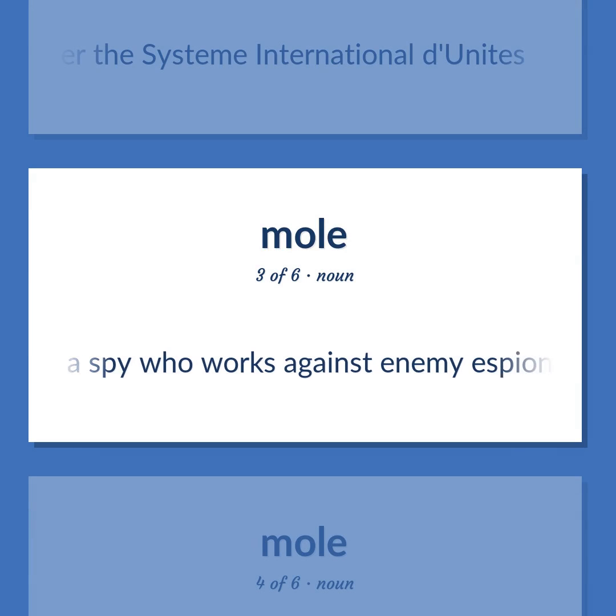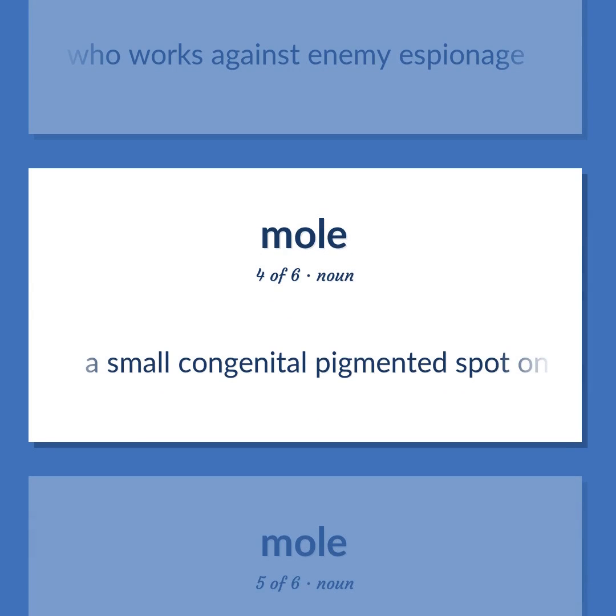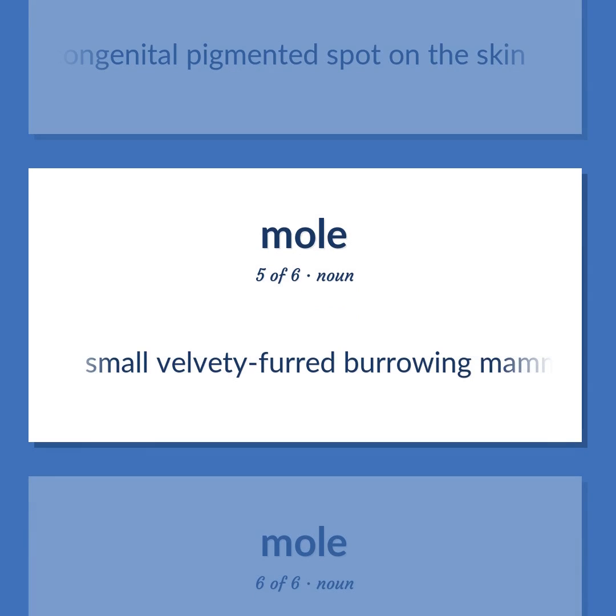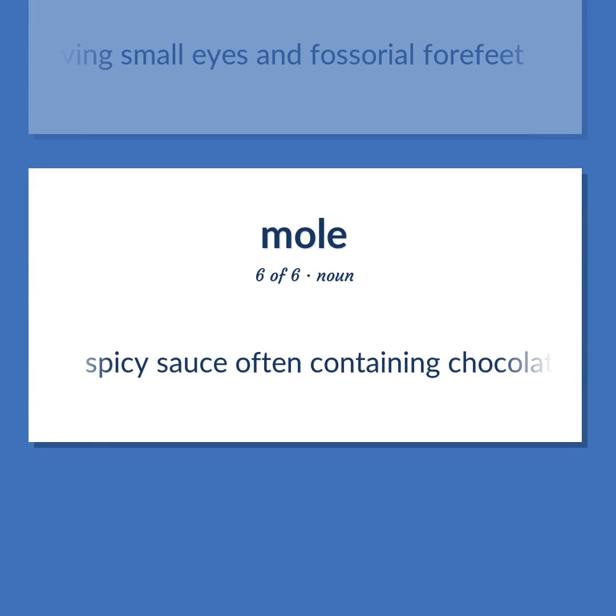A spy who works against enemy espionage. A small congenital pigmented spot on the skin. Small velvety furred burrowing mammal having small eyes and fossorial forefeet. Spicy sauce often containing chocolate.